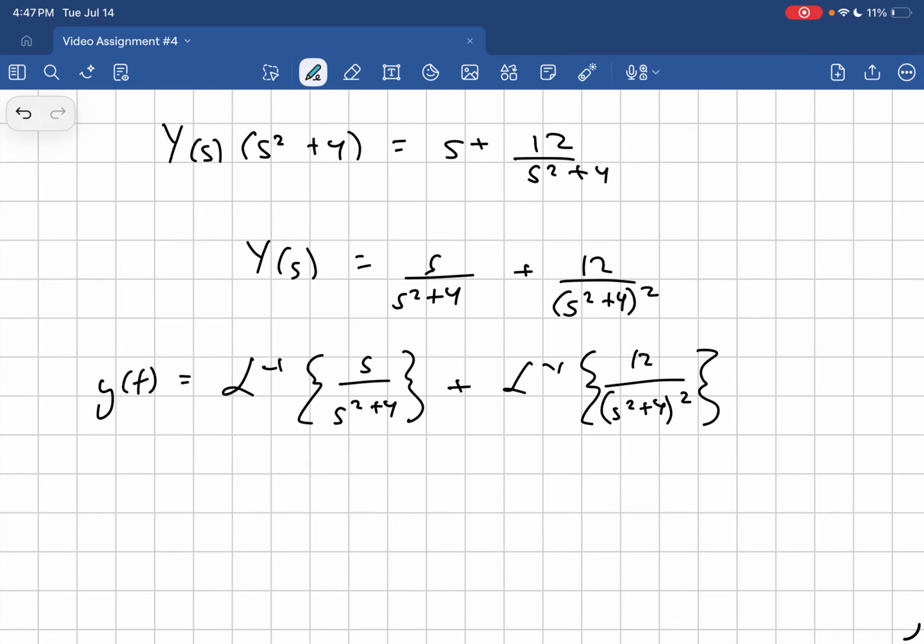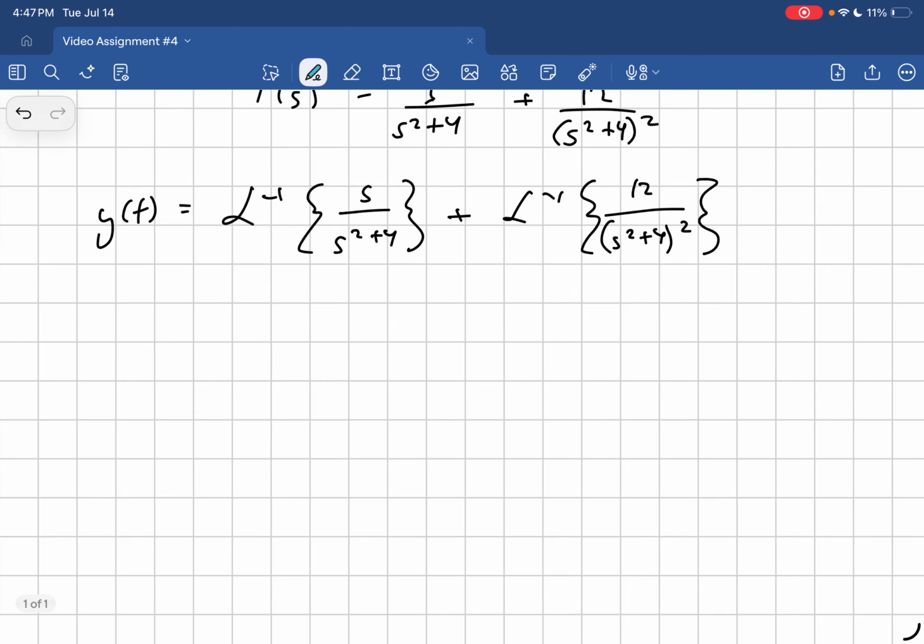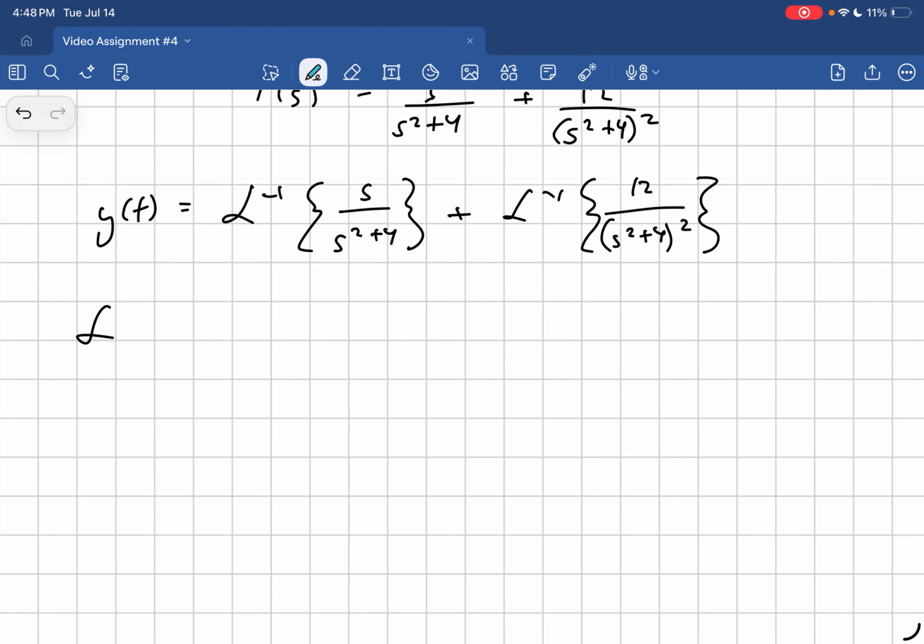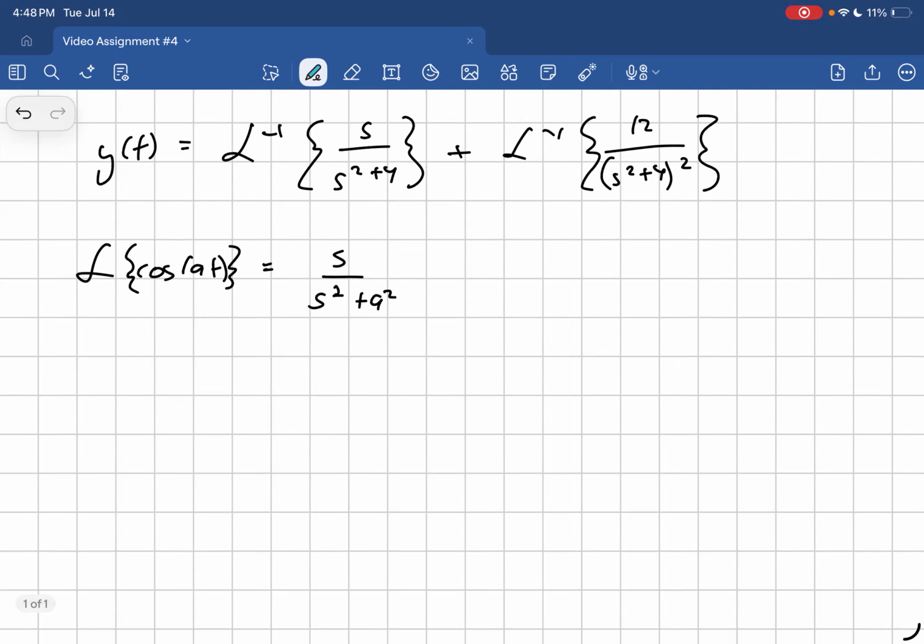And for our first inverse here, we can see that this matches up with another standard formula, the Laplace transform of cosine of At is equal to S over S squared plus A squared. So this matches up with that transform, so we can rewrite where our A is 2. So this is just cosine of 2t,